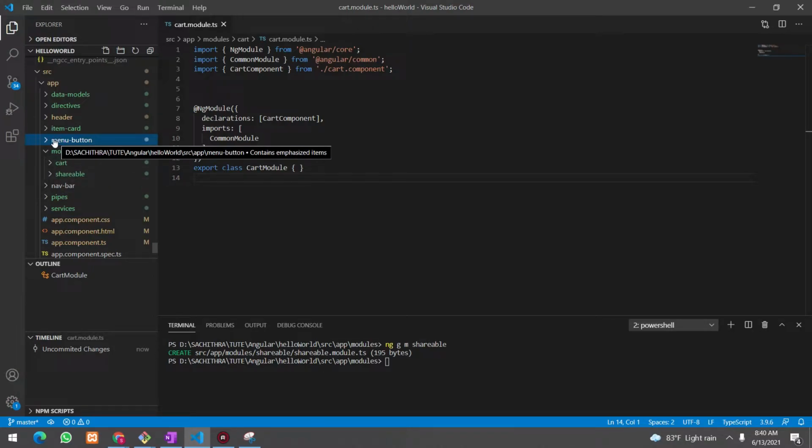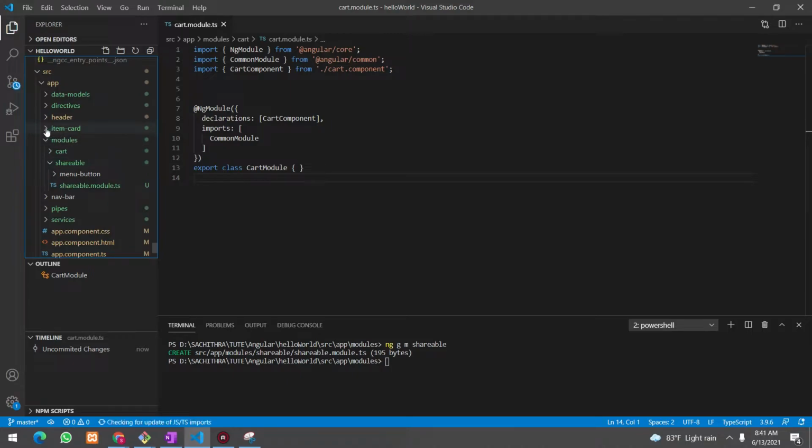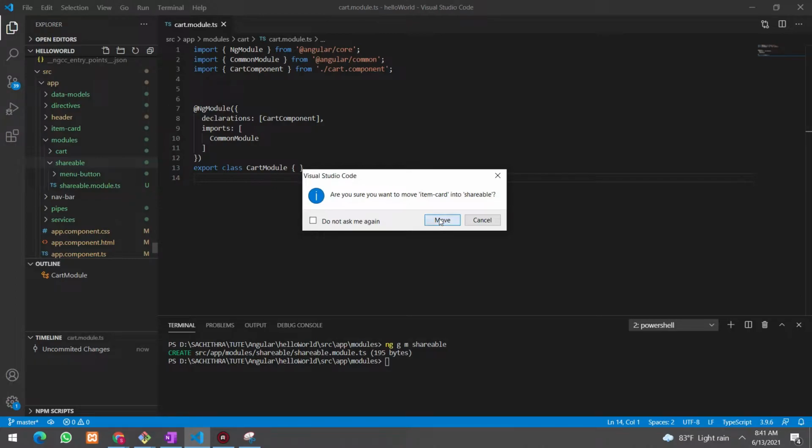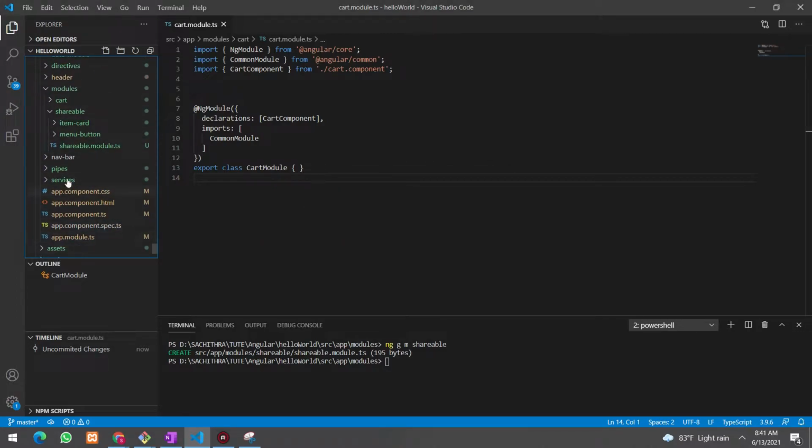So I will move those components to this folder, item card, also to shareable component. Now if you understood this, you may have noticed that there should maybe be an error because that app